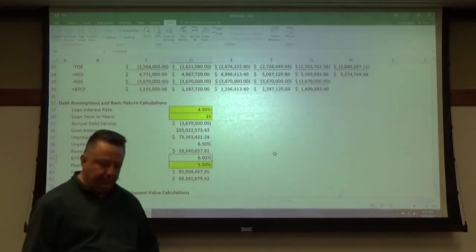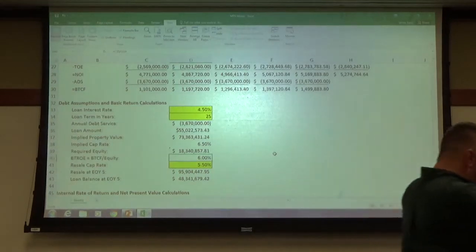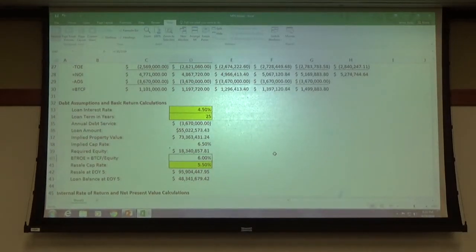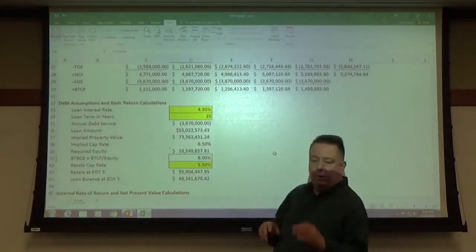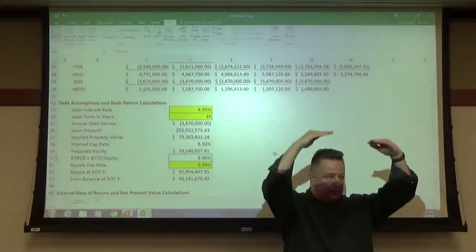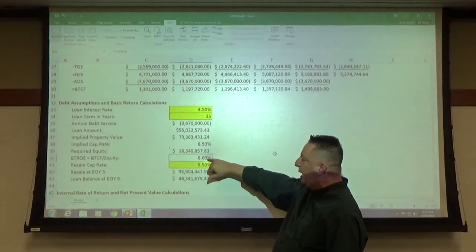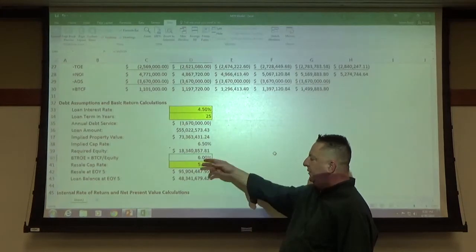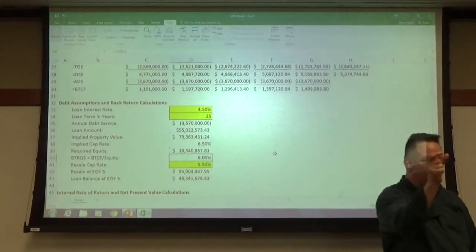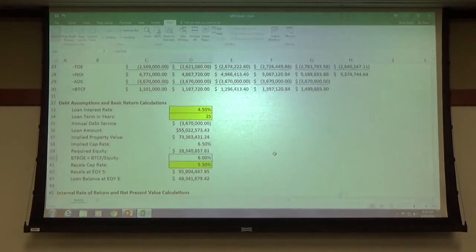So what that's telling you is that after you have taken into account your loan, that's different than the cap rate. With the cap rate, you can make the assumption there is no loan because it only goes down to net operating income, and your rate of return was 6.5%. But with your loan, your rate of return on a before tax basis for just that year's worth of income is 6%. Okay, does that make sense?